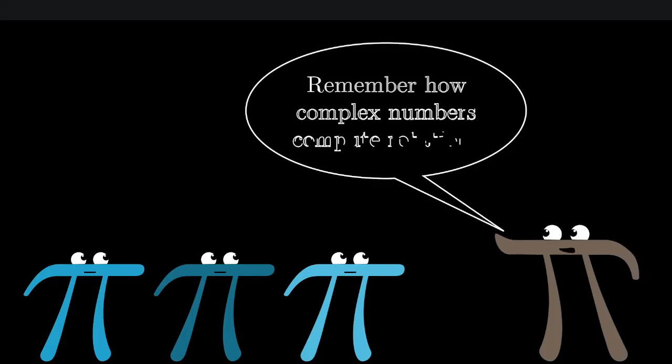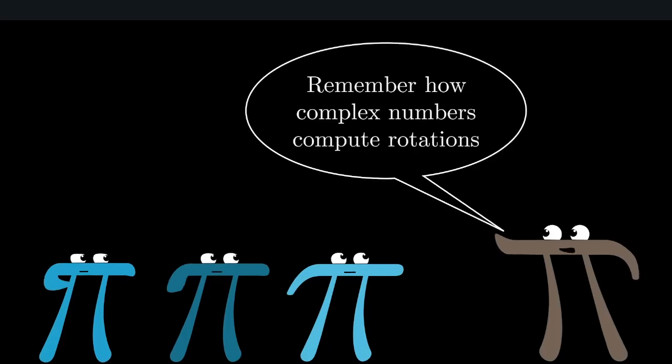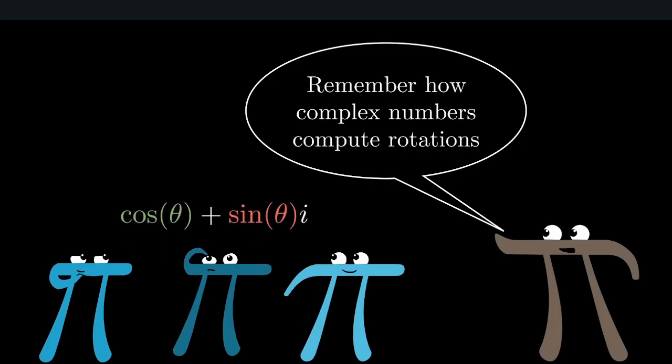To warm up to the idea of how multiplication in some higher dimensional number system might be used to compute rotations, take a moment to remember how it is that complex numbers give a slick method for computing 2D rotations. Specifically, let's say you have some point in 2-dimensional space, like 4, 1, and you want to know the new coordinates you'd get if you rotate this point 30 degrees around the origin. Complex numbers give sort of a snazzy way to do this.